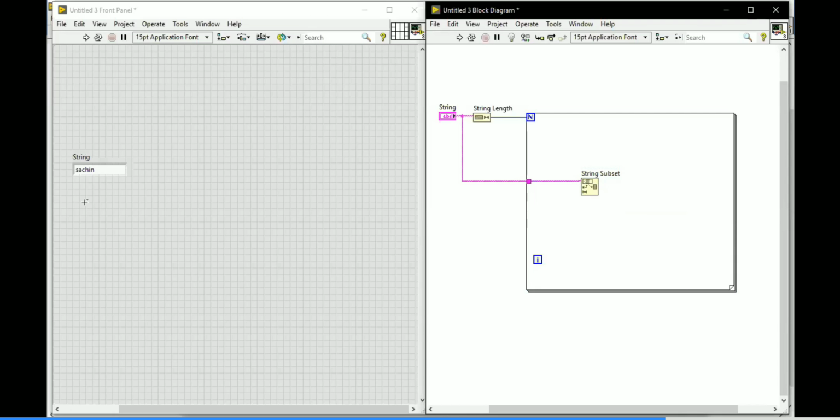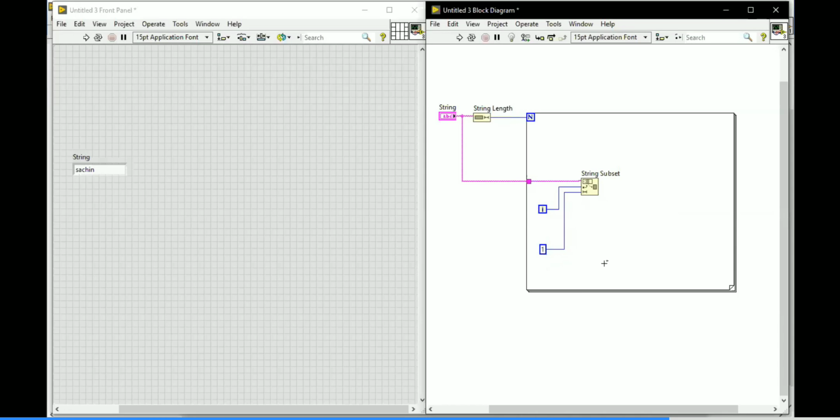First time I want to take the offset value as S. Then in the next iteration I want to take the value A, then next the value C. So each and every time the offset is changing. To make a proper change, I am going to connect the I value for the offset, because the I value will change automatically. As for the length value, I am going to compare only one character at a time, so I'm going to create a constant for length as 1.